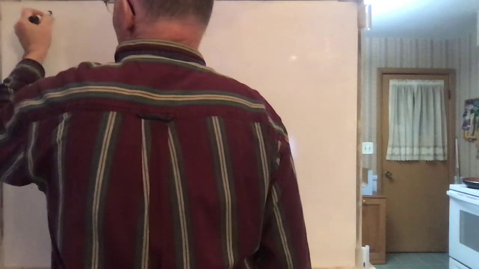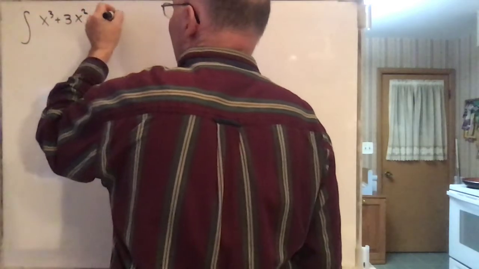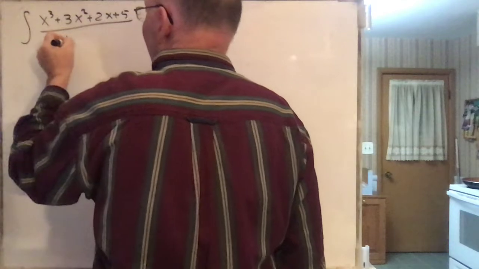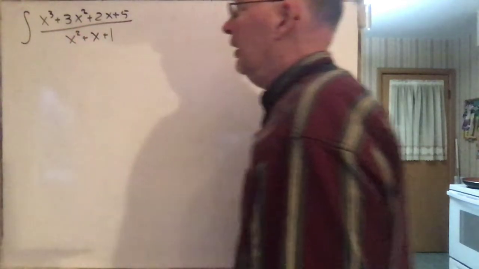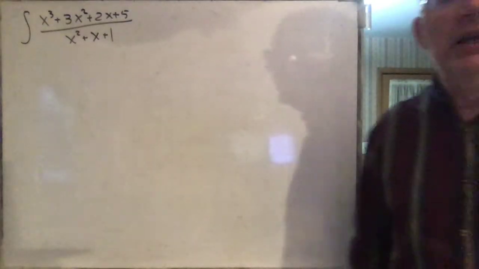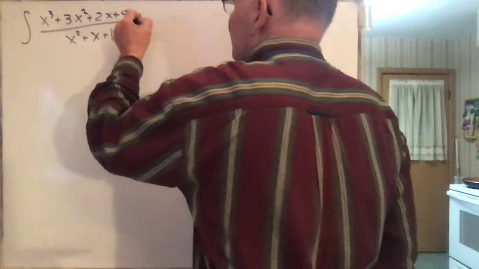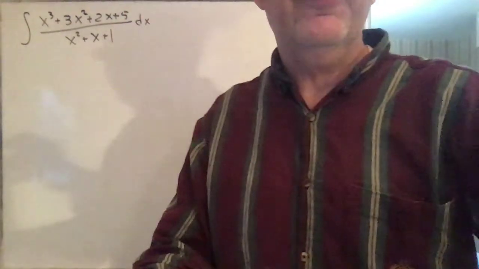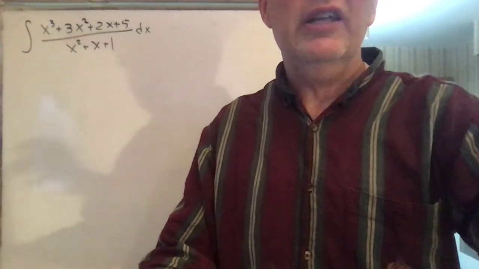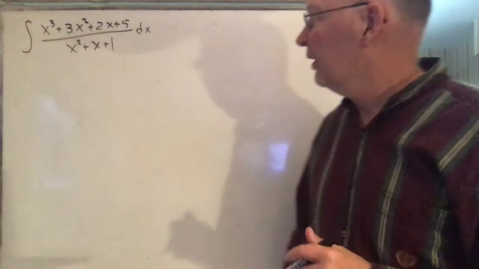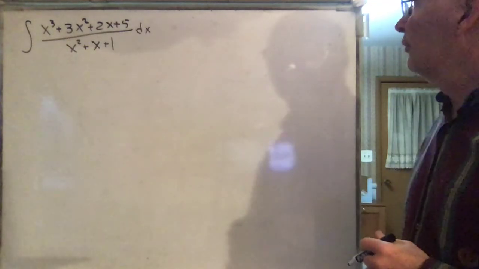Say x cubed plus 3x squared plus 2x plus 5 all over, say, x squared plus x plus 1. Okay? Just something off the top of my head. Okay? dx. You always need a dx, of course. So I'm going to give you 5 steps, I think it is, which are needed in order to do these problems. And the first step, and again I'm going to be lacking space, so you'll need to remember them as